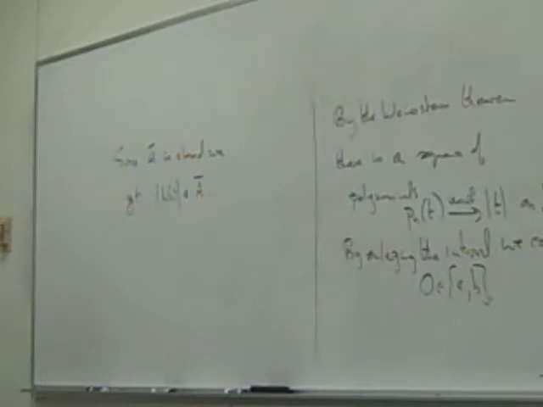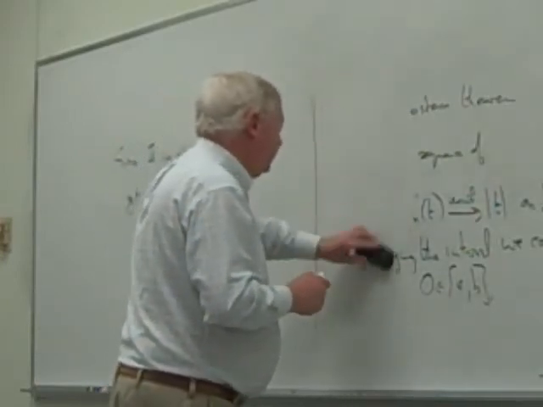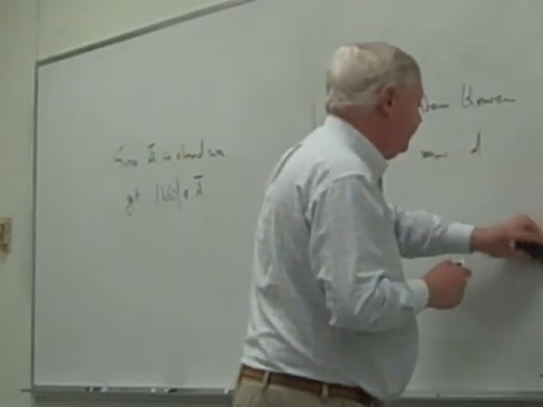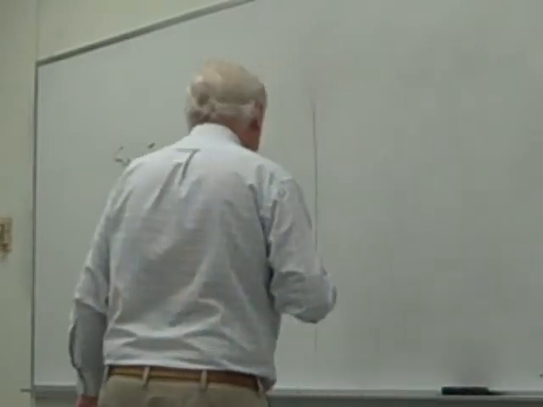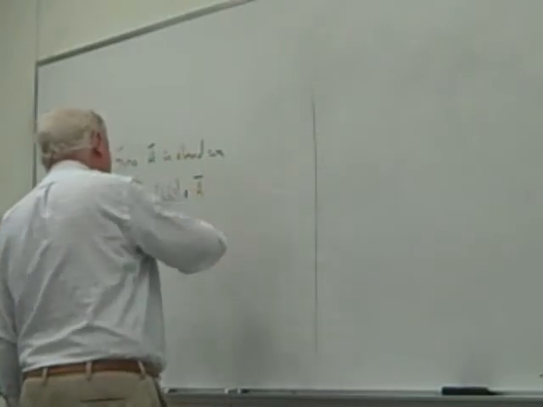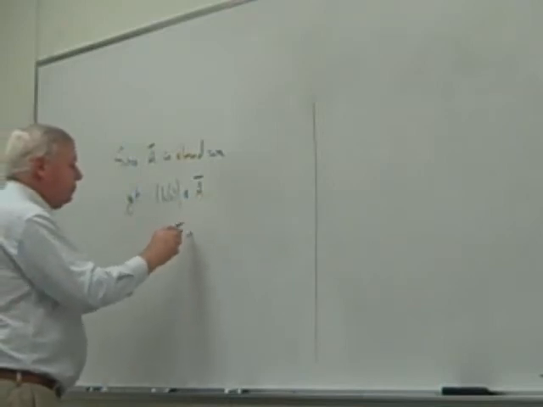As I remarked at the beginning, to show that the max and the min are in the algebra, it was enough to show that we can take absolute values and stay inside A bar. So you may have an algebra of functions like the polynomials that's not a lattice, but you're close to being a lattice. You just have to go to the closure, and then everything works nicely. So therefore,